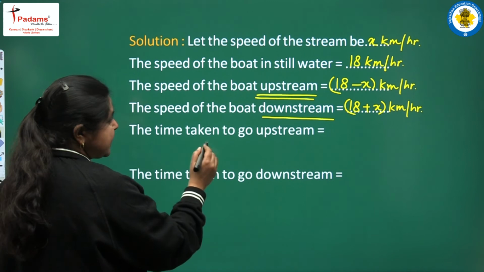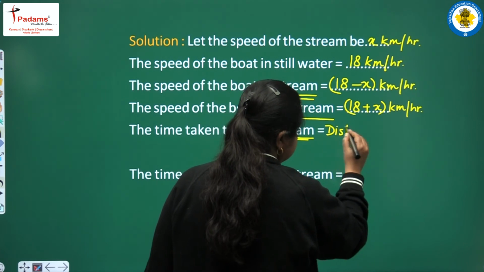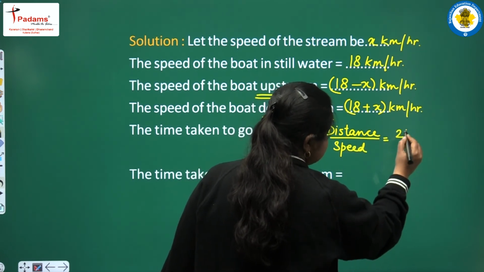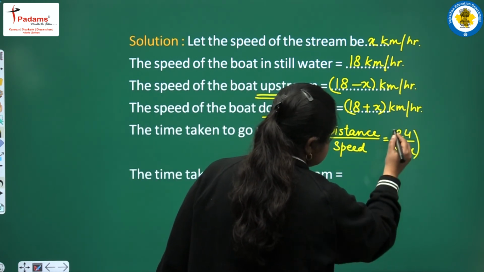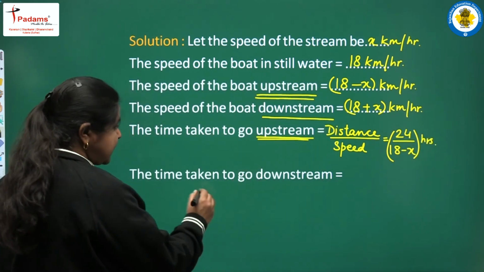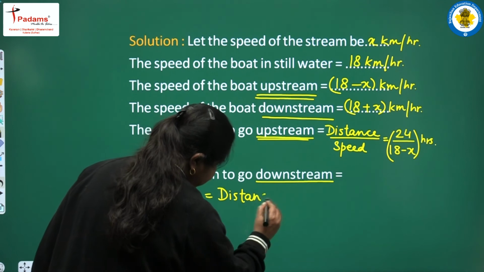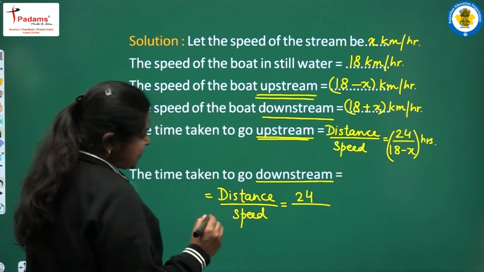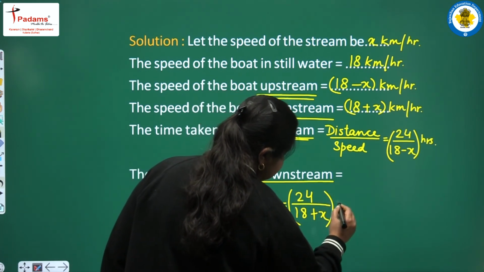नेक्स्ट व्हाट? टाइम टेकन टू गो अपस्ट्रीम। टाइम कैसे निकालते हैं? इट इज गिवन बाय डिस्टेंस अपॉन स्पीड। डिस्टेंस है 24 किलोमीटर्स और स्पीड है अपस्ट्रीम के लिए 18 माइनस x। दिस इज द टाइम इन आवर्स इन अपस्ट्रीम मोशन। ओके, देन टाइम टेकन टू गो डाउनस्ट्रीम, ये भी हमें दिया जाएगा डिस्टेंस अपॉन स्पीड से। डिस्टेंस तो वही है 24 किलोमीटर्स और स्पीड हो जाएगी 18 प्लस x, और टाइम हो गया 24 अपॉन 18 प्लस x आवर्स।